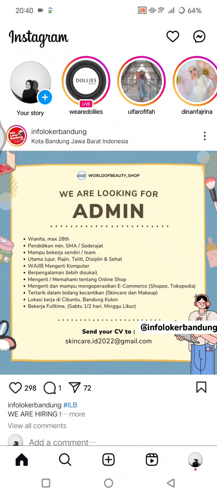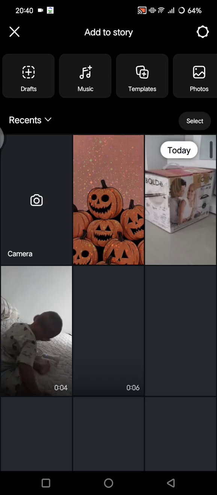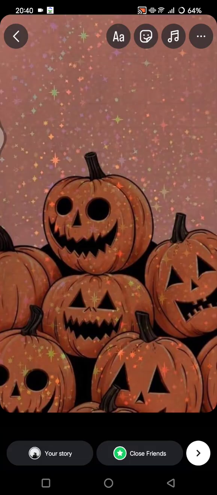and in here you can just go to the Instagram story camera, click on this plus icon. Now you can use your background or any photos that you want. So for example, I'm going to use this as the background, and to create the spooky animated tags, you can